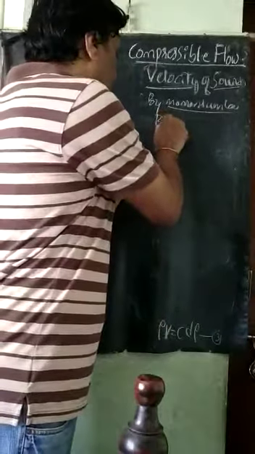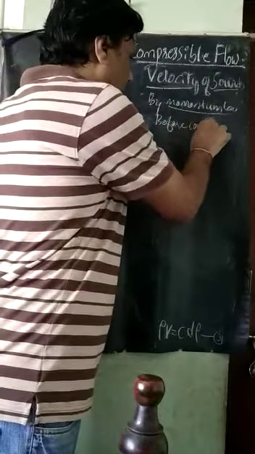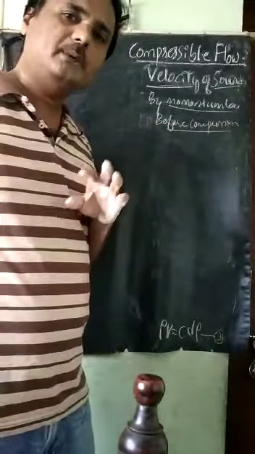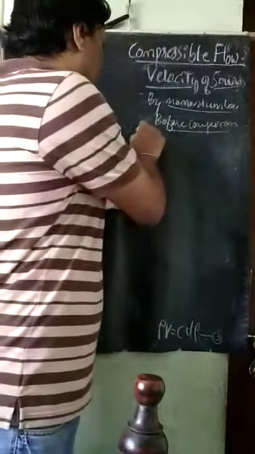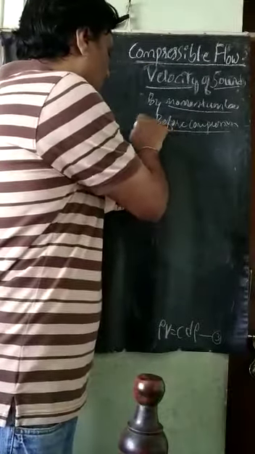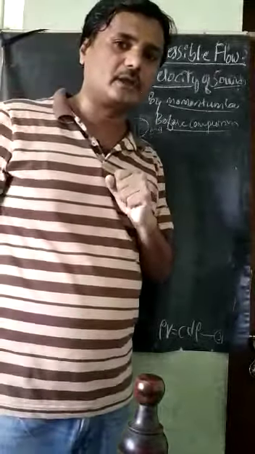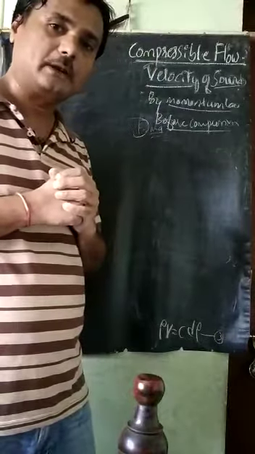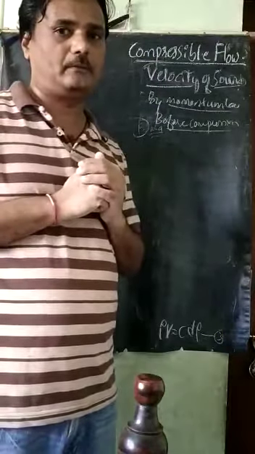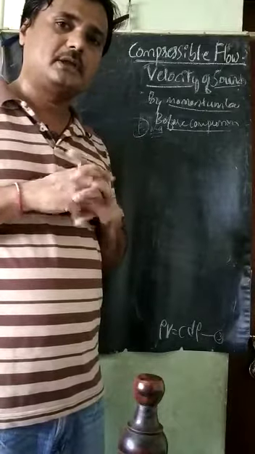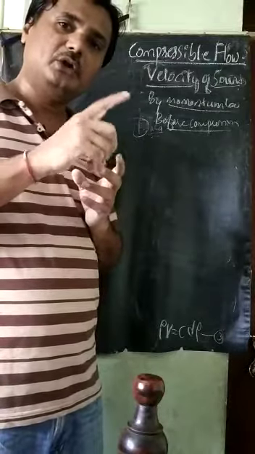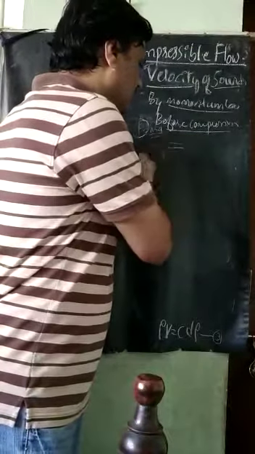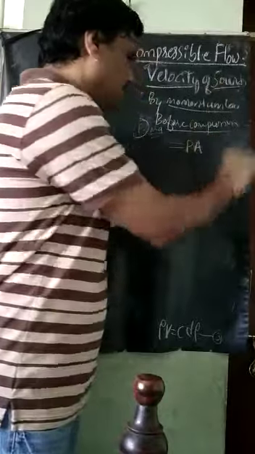Then before compression, the momentum, how is it? F is equal to ma. F is a force. What kind of force is applying in the case of the piston and cylinder model? That is the pressure force. So before compression, that pressure force is pressure into the cross-sectional area, that is P into A.